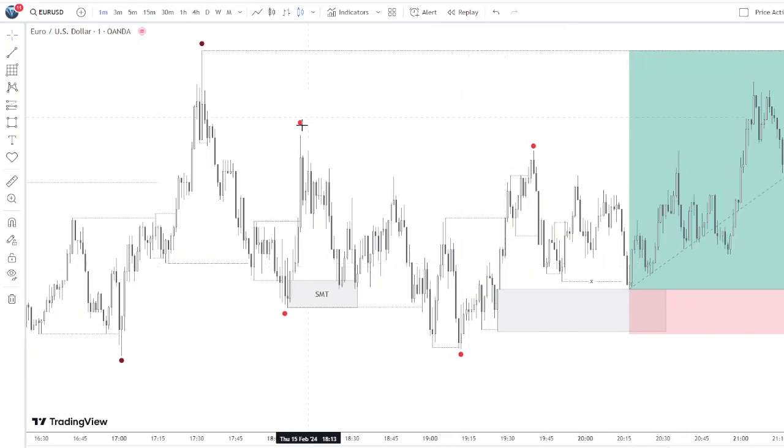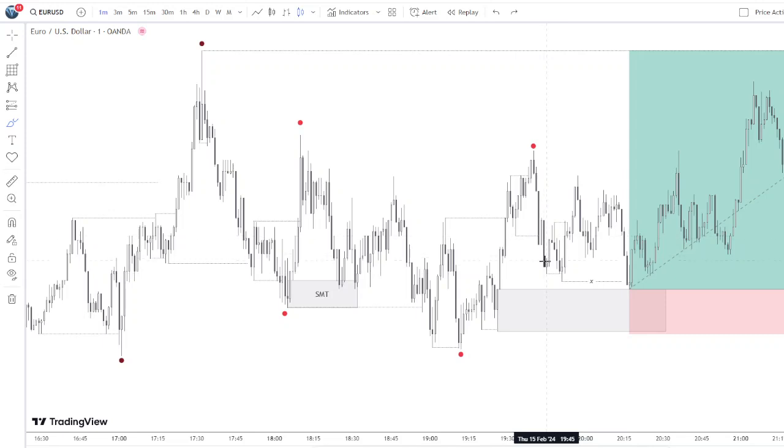After breaking this level, I marked my low here and my high here. As you can see, we have our run on liquidity and our break of structure, and our run on liquidity and our break of structure. So when price does not have internal range liquidity, there is no internal range liquidity here, this is most likely a smart money trap. So for it to be valid and so we can buy here,